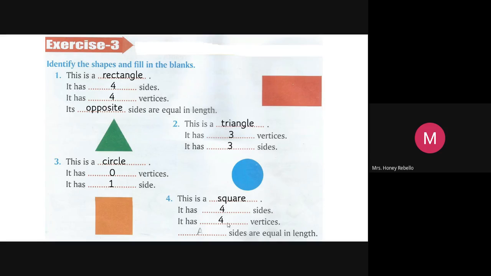All sides. That means all 4 sides are equal. Okay, children, now. Yes. It has 4 sides. It's not necessary to learn all these properties. Only you must know the...